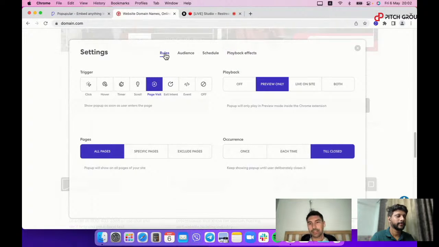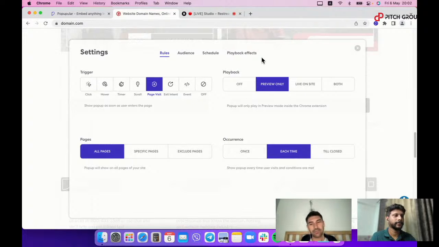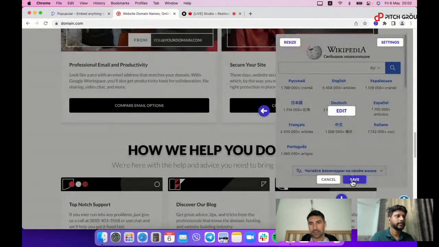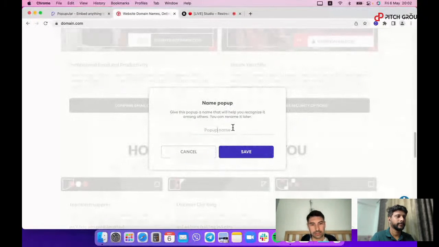And so the way you typically go through this is you select the type of embed that you want to embed, and you embed it in there, and then you place it on the page wherever you want, and you go here into settings, and you say, I want to trigger it on a page visit, on all pages, and I want this each time, and let's say I want to publish it and go through audience, schedule, playback effects. Very, very simple. Save that, close,